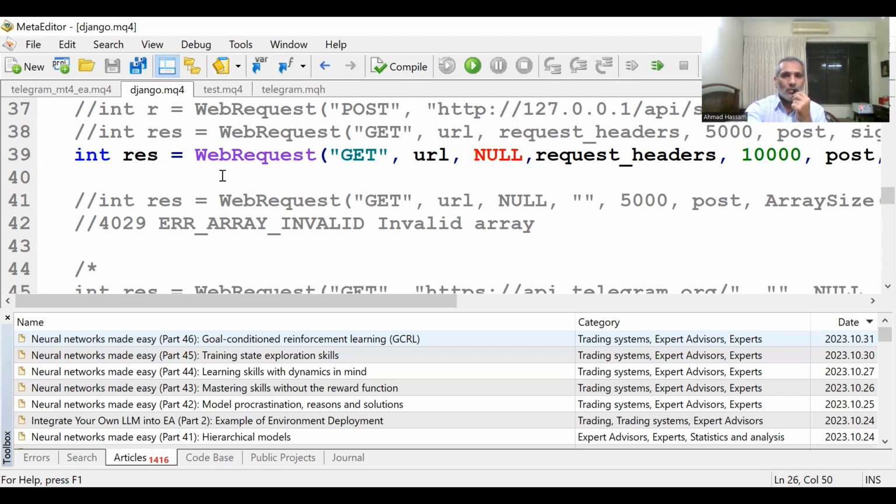But I'm stuck over here, this web request. As long as this web request doesn't work, I cannot connect with MT4, and this web request is the same for MT5 also. But I hope I will solve this problem in the next 2, 3 weeks, and